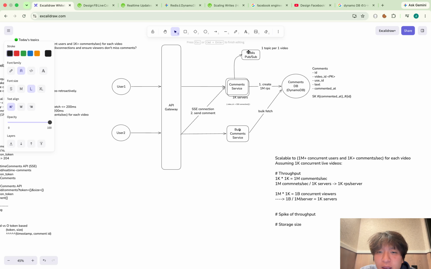So in this way, firstly, this comment service knows which topic it should send the message to. And for each topic, now the servers which have the SSE connection, which we have to send that video to, if there is an SSE connection in memory which expects that video ID.